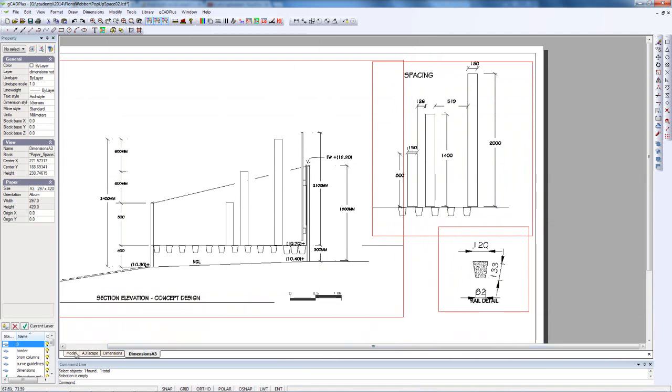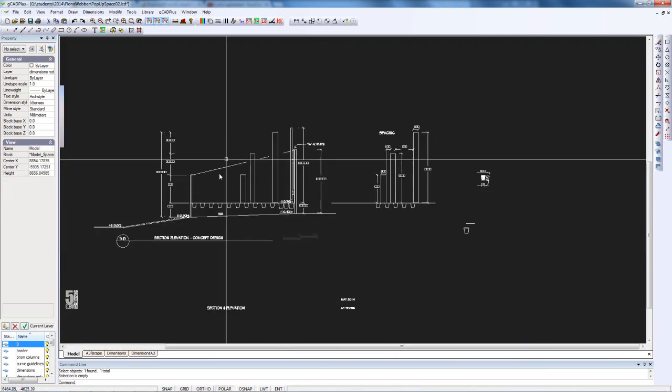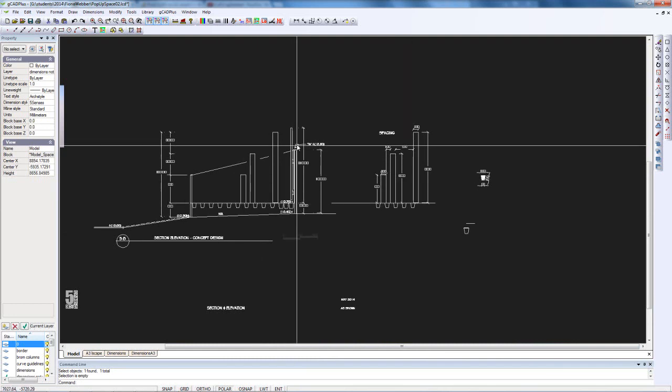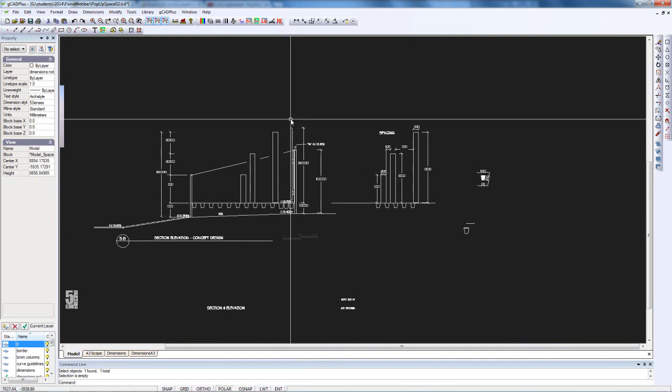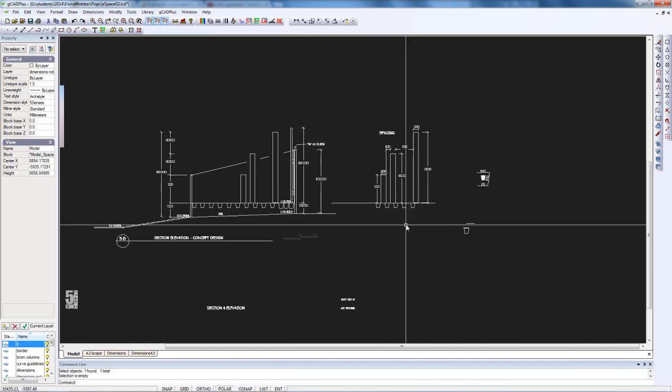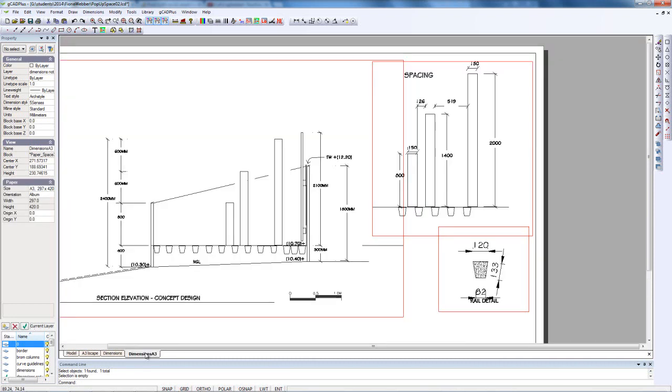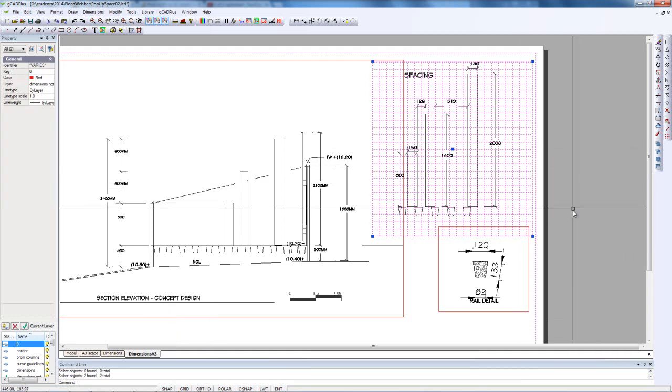So what I've done, if we come back here, I've just copied that group across. I've not done the backboard because I have no information on the backboard, but just copied those across and come back in here to our layout space and just right-clicked on dimensions A3, which is the name I've given to this particular layout, and clicked on Add a Viewport. So I've set a viewport up through there, and if we